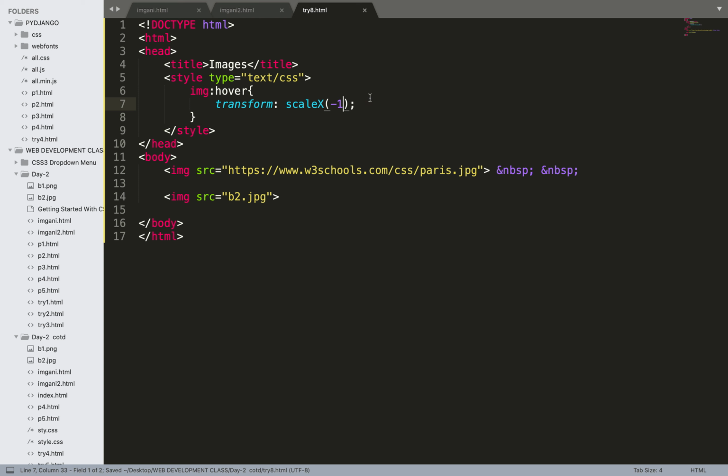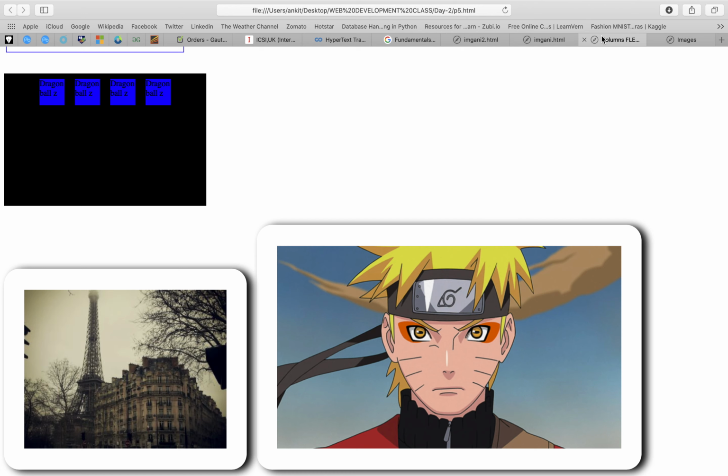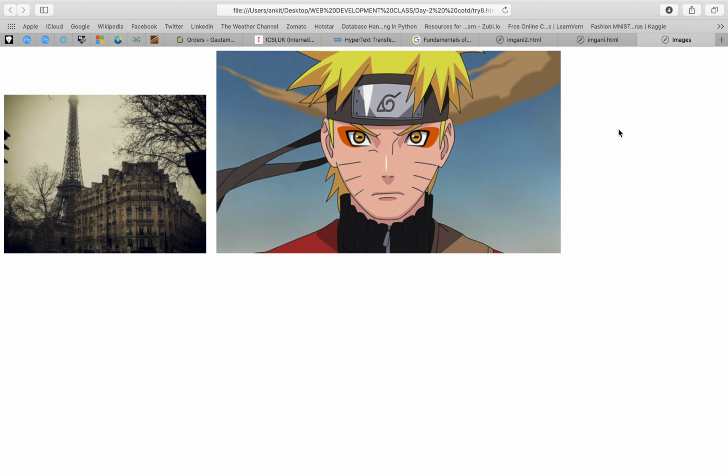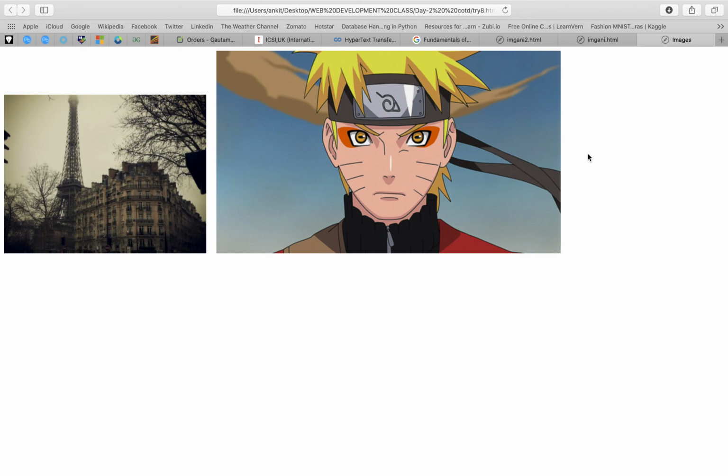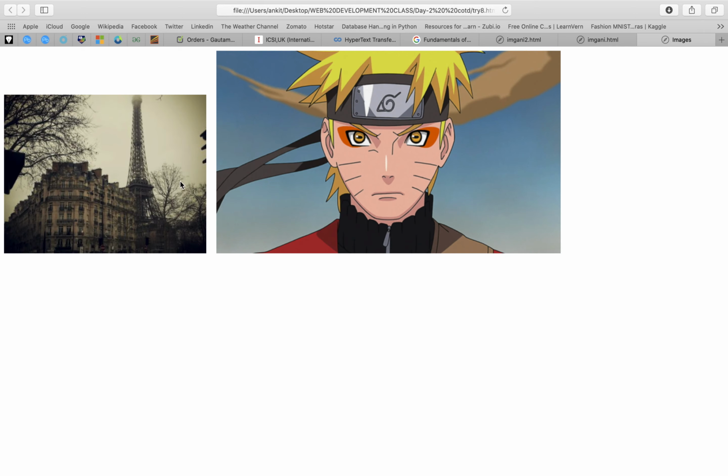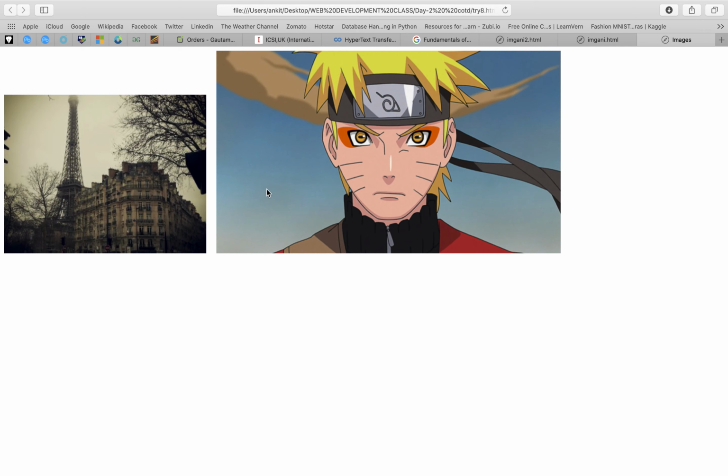We have added a property which will transform our image, scaling along the x-axis, and flip the image. Let's see. This was not our website, this one. Now after refreshing, just see it. It gets flipped by 180 degrees whenever I hover my mouse over any of the images.